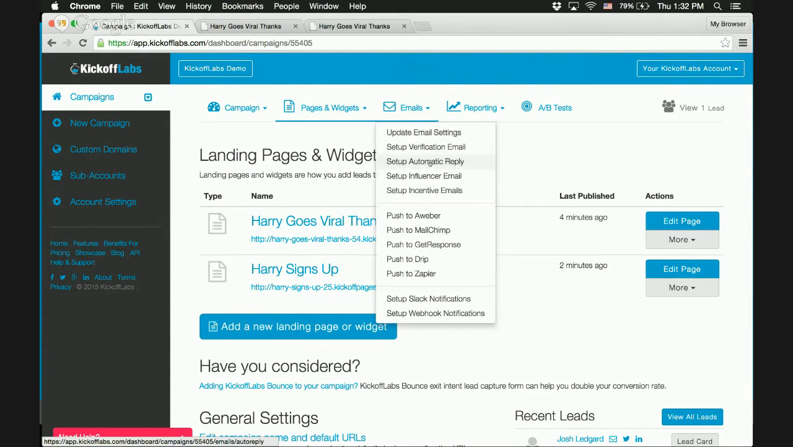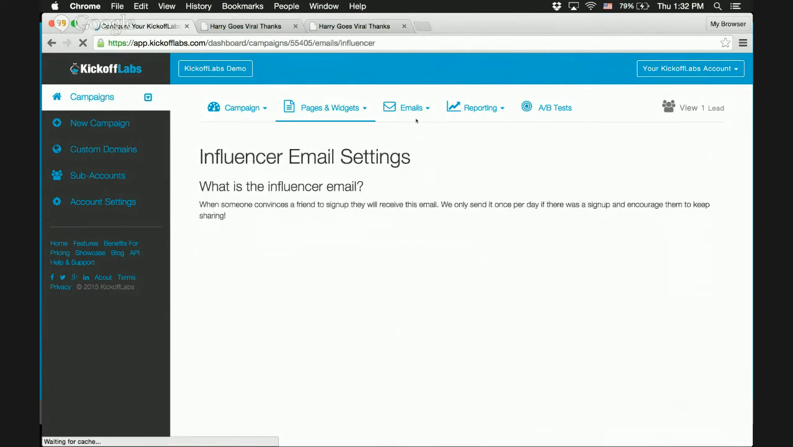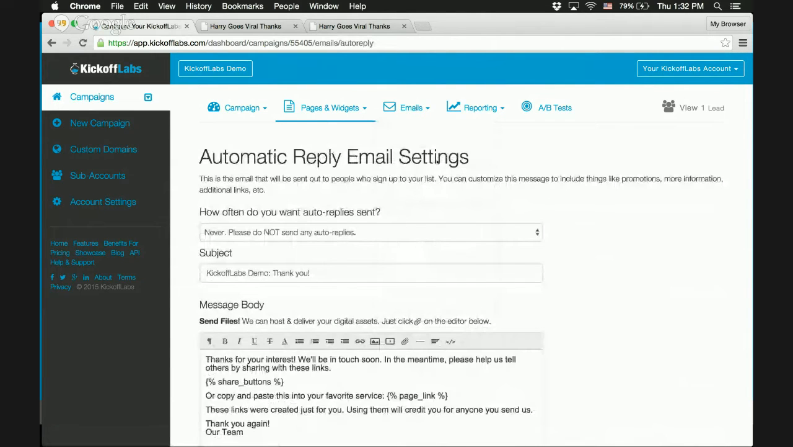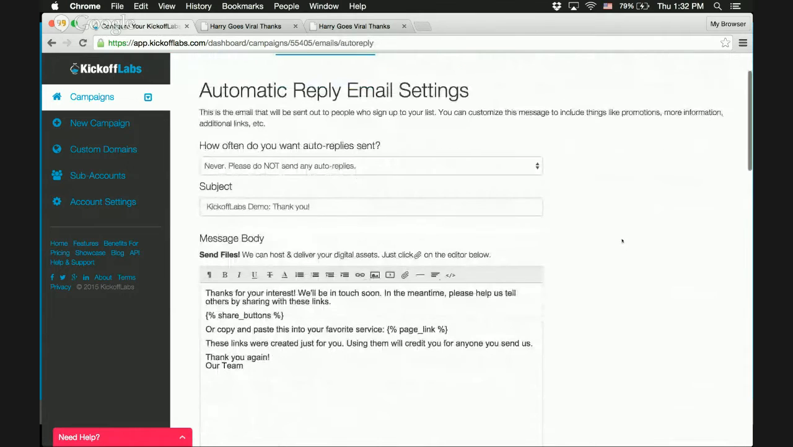I'll show you how to do that now. So from the emails drop down, I'll go ahead and click set up automatic email reply, which I probably clicked the wrong one. Okay, set up automatic email reply. There we go. So right now the campaign is not sending any automatic email thank yous,